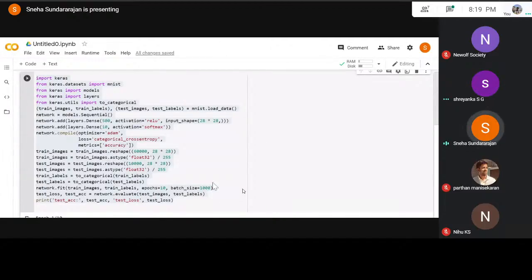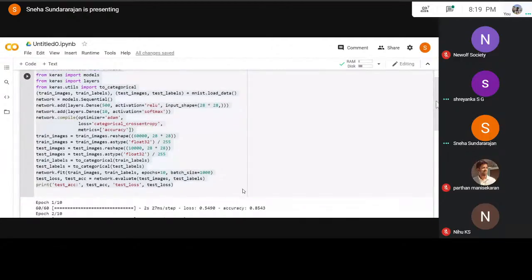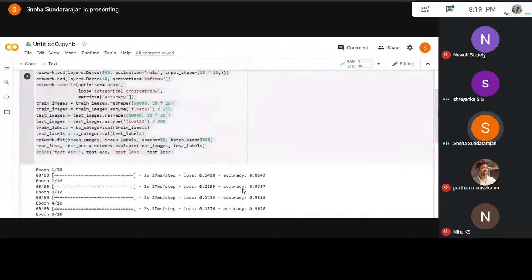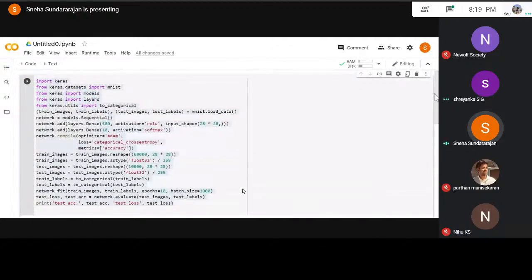And then mostly I was playing with the number of epochs, the batch size, stuff like that. The 500 over here in the dense layer, those numbers were mostly what I was playing with, and looking at the results each time. Sometimes the accuracy would increase but then decrease in the end. I didn't know stuff like that happened, but that was something new I learned.